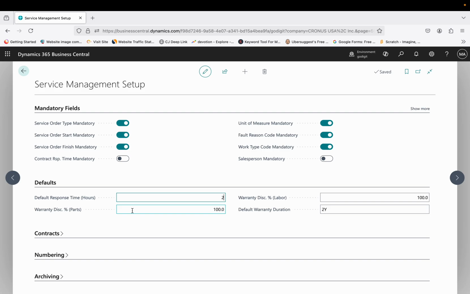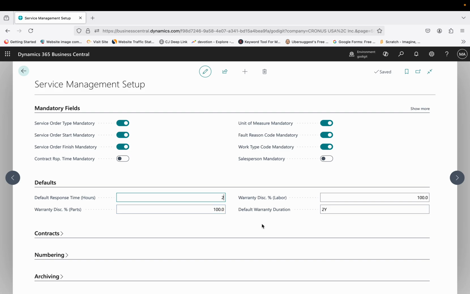So you provide warranties for the products you are selling to your customer. So it totally depends: if during the warranty period that product comes back to you for any sort of maintenance service or repair or anything, then will you charge your customer, or will you not charge your customer, or will you provide some discount to your customer during the